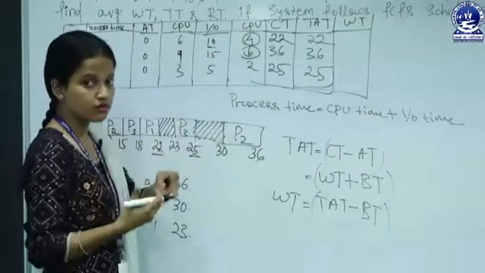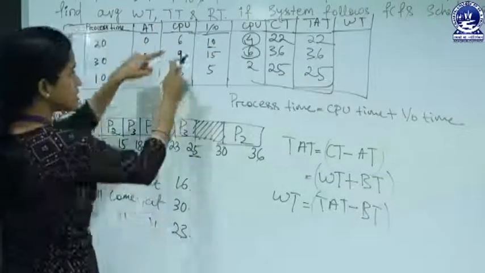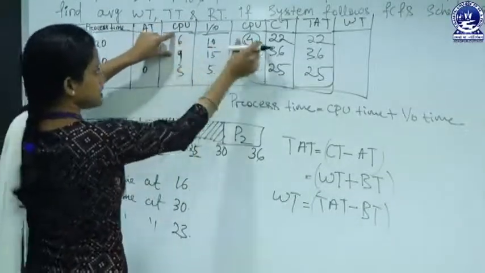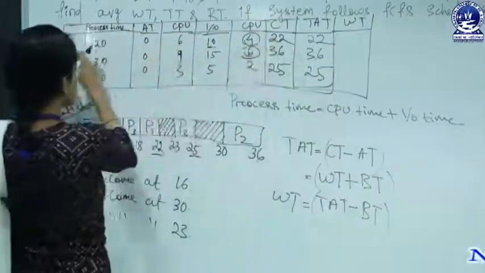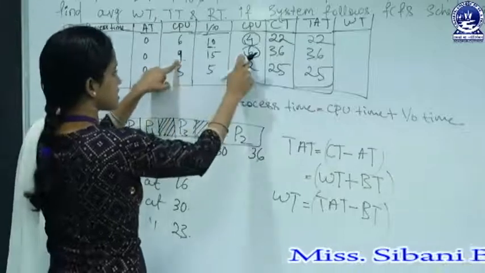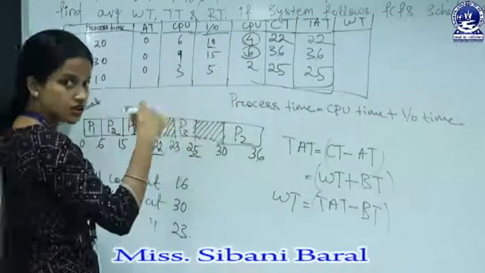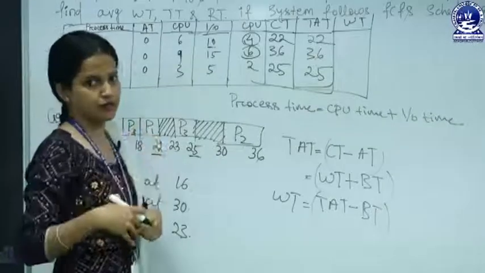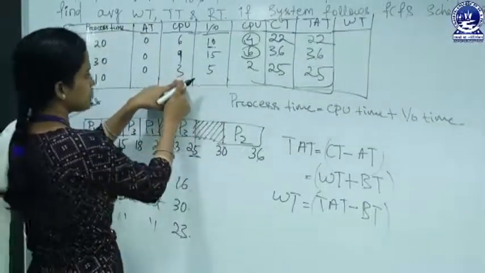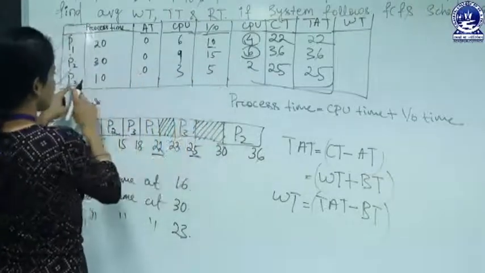How long it will execute in CPU, that is this one, this and this: 6 plus 4, that is 10. This is the burst time of process P1, and 9 plus 6, that is 15. 15 units of time P2 has executed in CPU, and 3 plus 2, that is 5 units of time P3